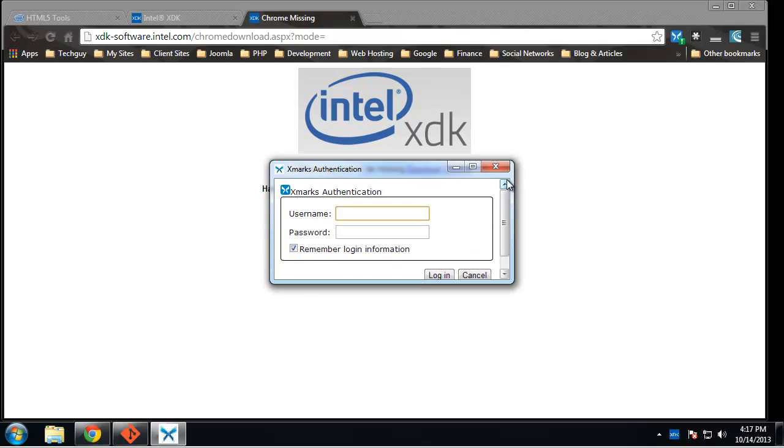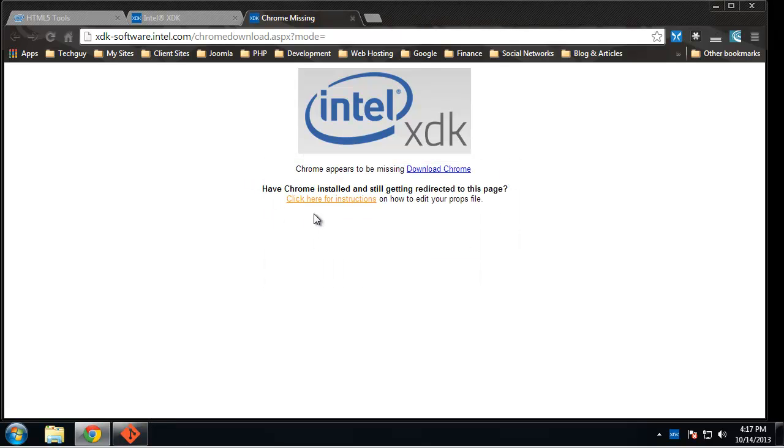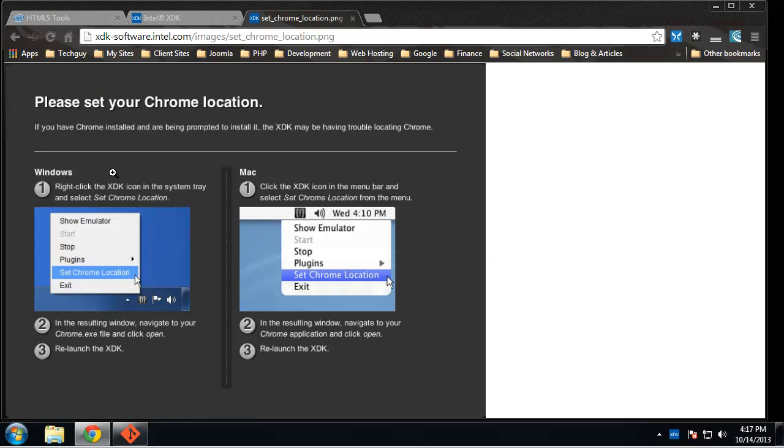Alright, so we have an issue here. I have seen this before. Chrome appears to be missing. Download Chrome. We obviously know that that's not the case. We're in Chrome. Or you could click here for instructions, but let's see, if we right click the XDK icon,